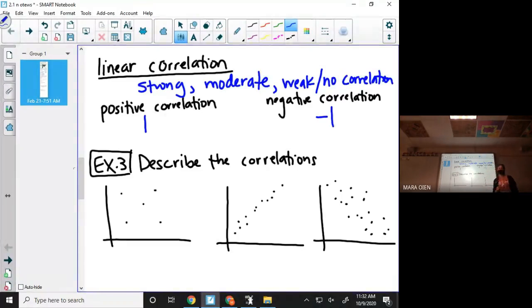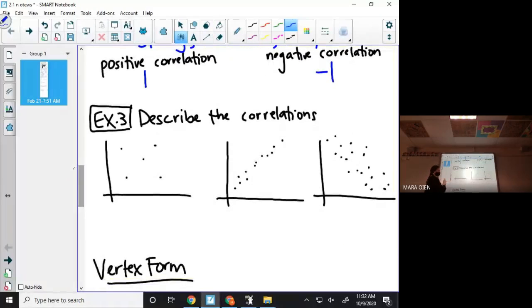A weak or no correlation would kind of be, if I were to draw a line, I don't know if I would draw the same line twice in a row. Like, would I draw the line this way, or up here, or down this way? It doesn't look like they're forming one. Okay. So example 3 here,